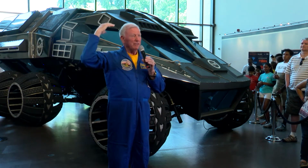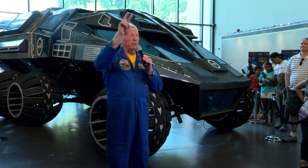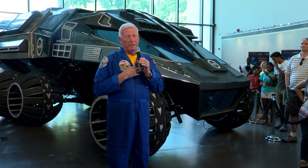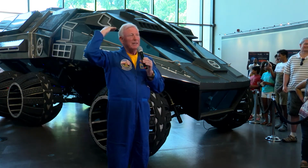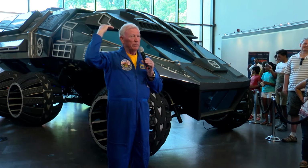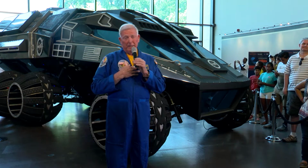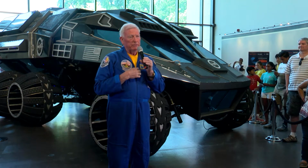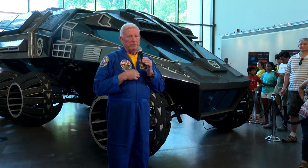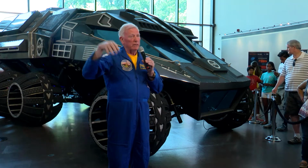There's no tax money in this thing. It all comes when you come down to visit us at Kennedy, which now is a 2-day thing. You can't see the Kennedy Space Center in one day. But when you pay your admission to come in, lots of that money went to pay for this vehicle that you see behind us. And for the folks going into the 5th grade, you can come in free this summer when you come down to Kennedy Space Center. So it's well worth a visit to come and see this, and see all the other things that we've done in space over the last